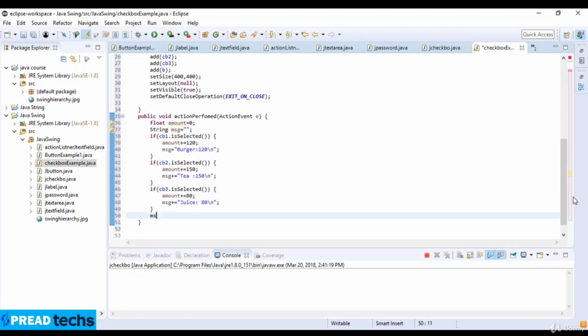Now message plus equal to \n, so it will print a line only,